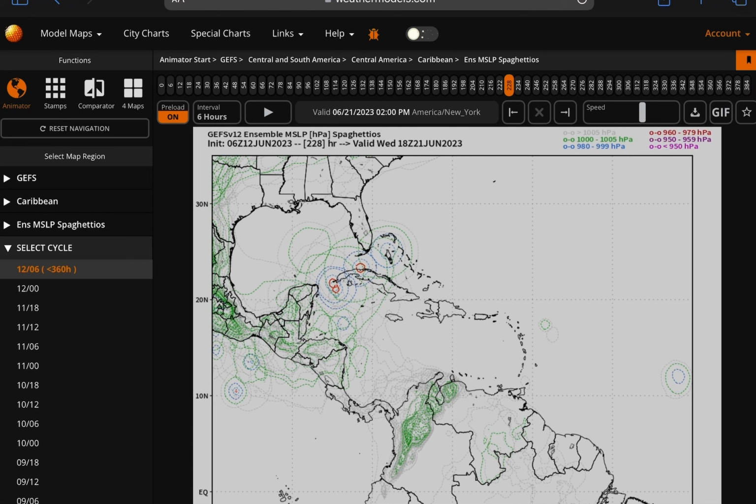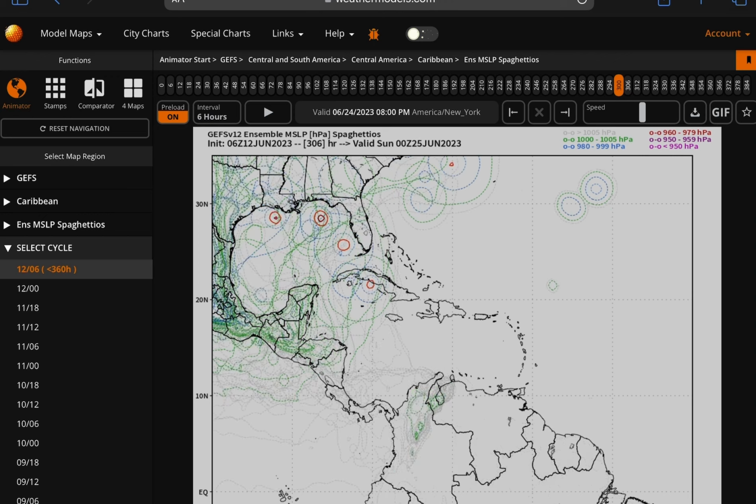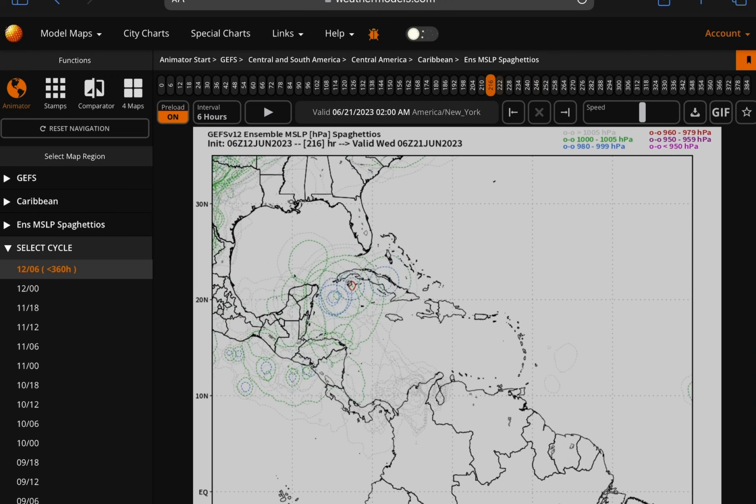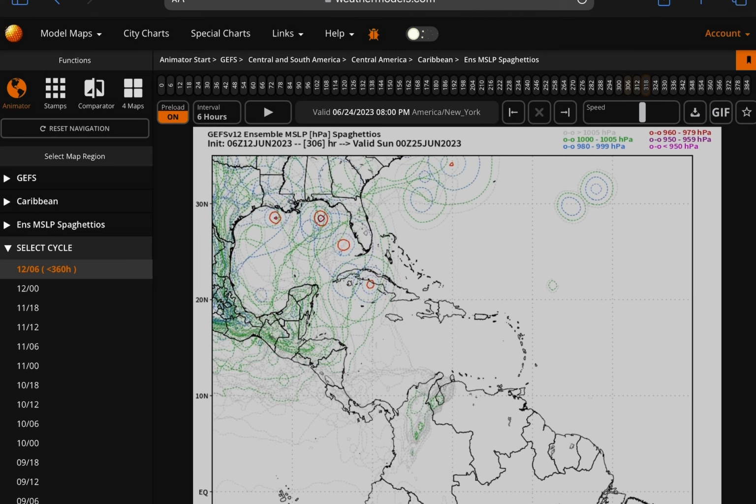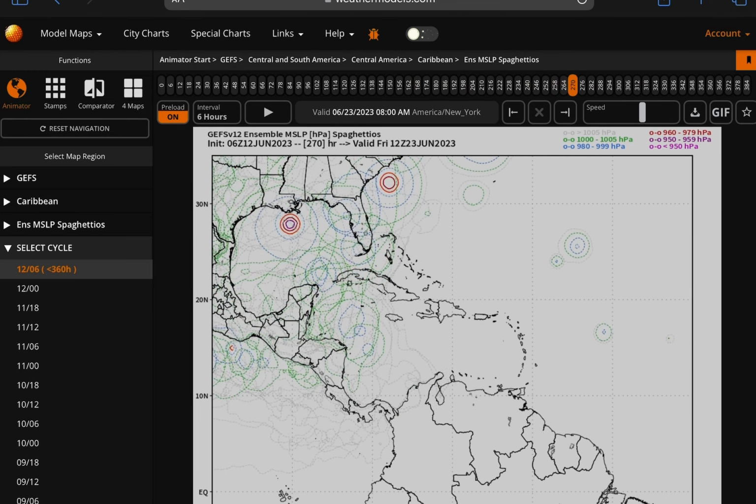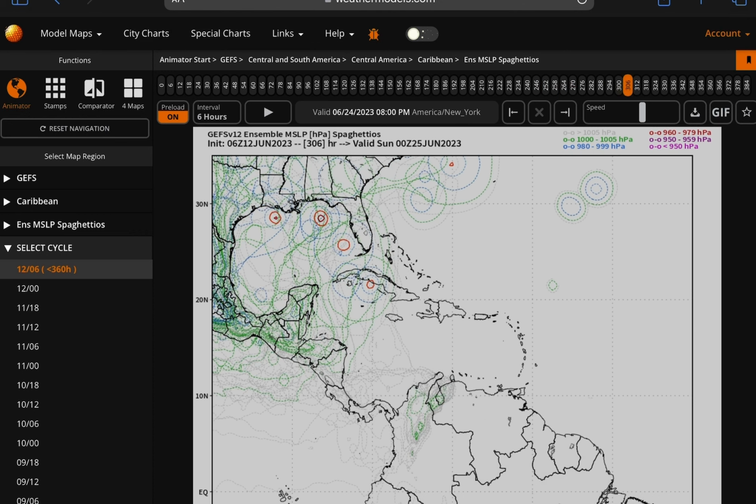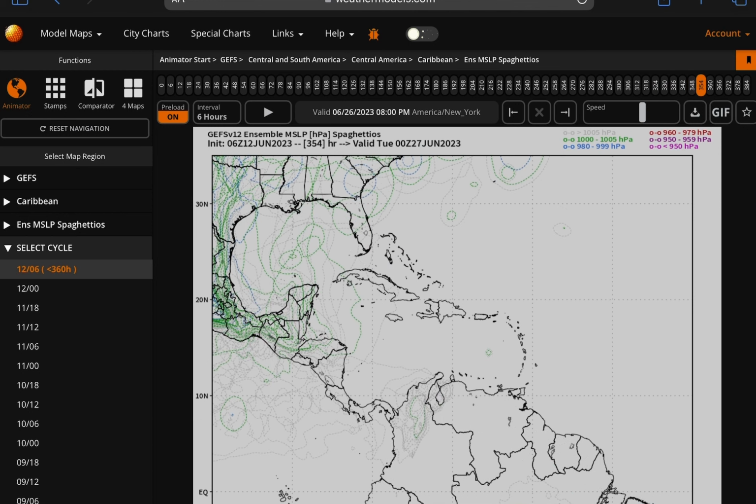Due to the large spread of these models going all over the place, it's not going to show a tropical system, or at least an organized one, in the mean, since we have ones going to Texas, ones going out to sea from the Bahamas. It's uncertain. Basically I'm just showing you where the systems are going. So we do see here